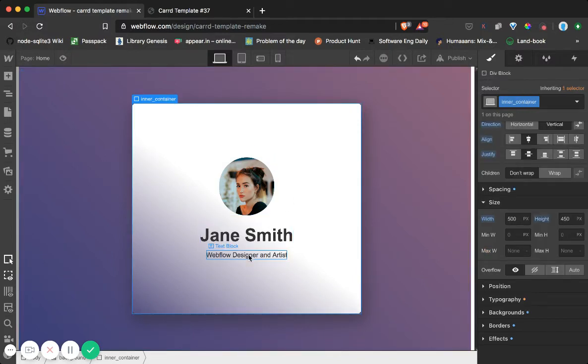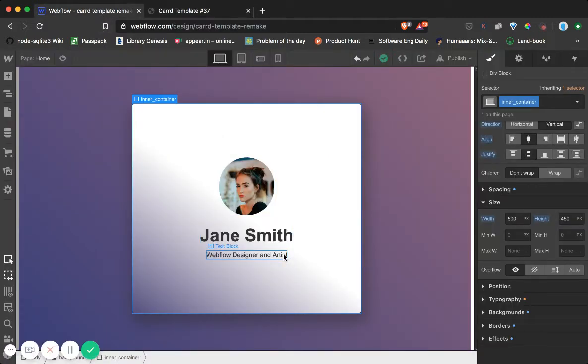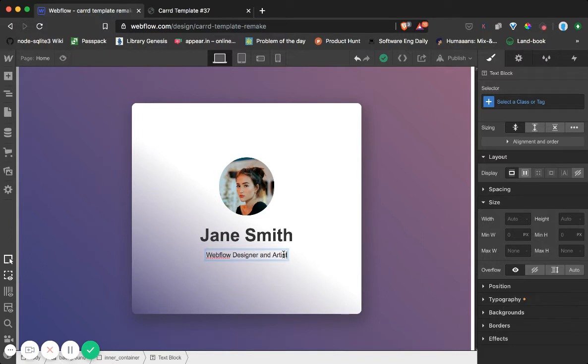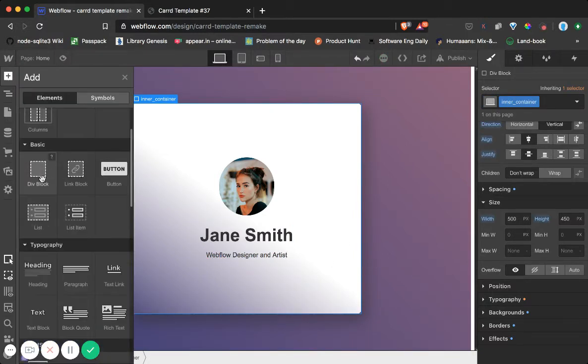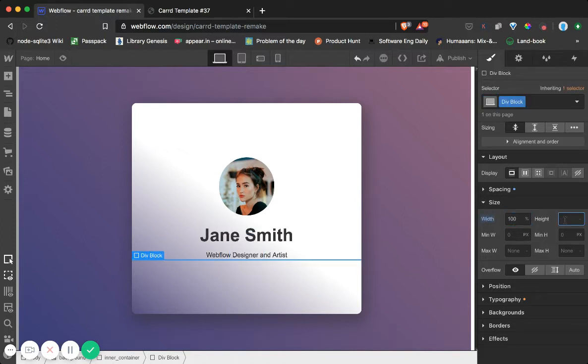Right, and the next thing we're gonna do is add the divider over here. So usually in HTML, what we need to do is to add an HR tag, and this will be a divider in HTML. But in Webflow, we can't really do that. So what we will do instead is add a div block right here, and let's just do 100% width. Give it a height of 1 pixel,